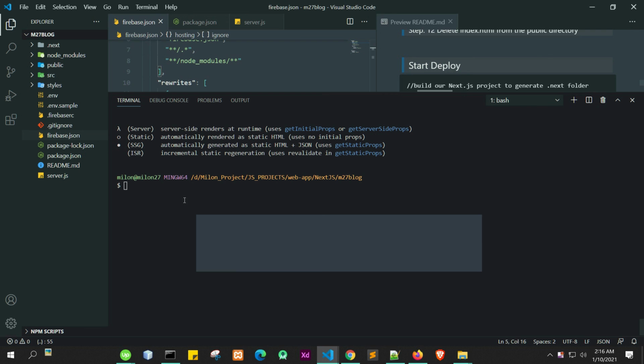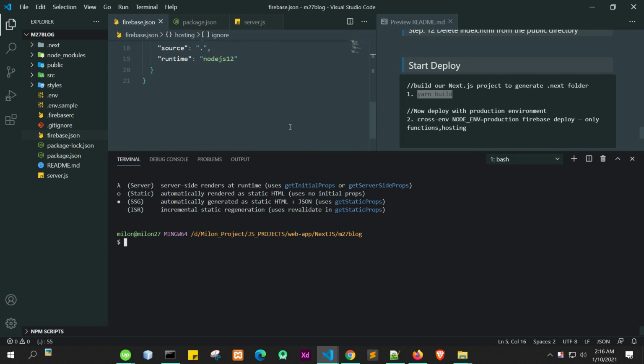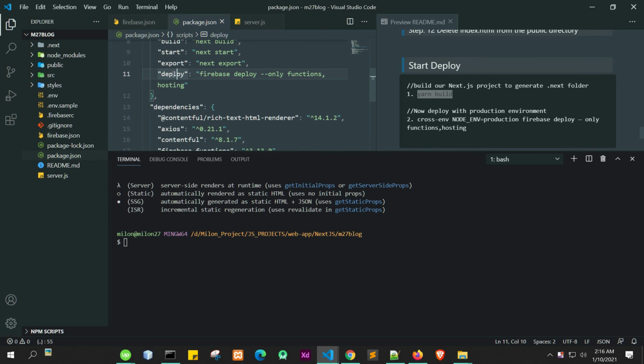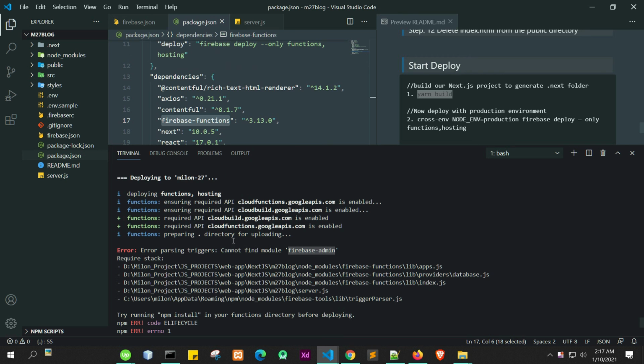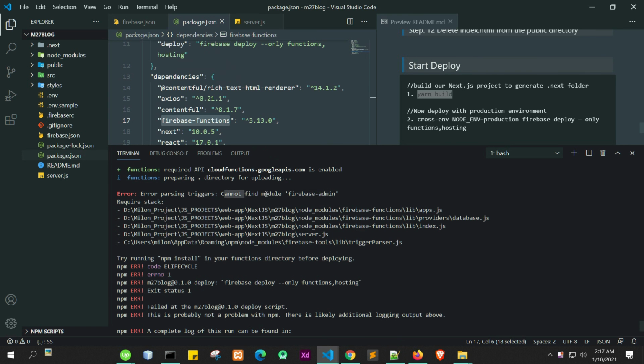Okay, so now let me deploy it. This is a script that will run. So npm run deploy. Let's just wait for the deployment. Okay, we got an error. It's showing cannot find module firebase-admin.